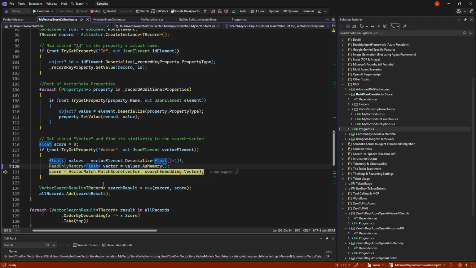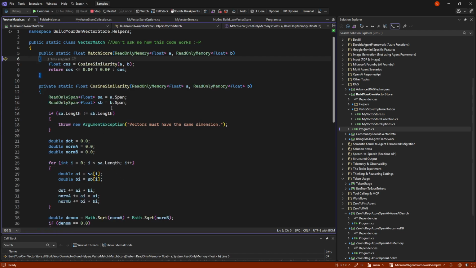And then we need to take that individual vector, actually find out how close is it to the search vector. So we are going to make a score from the vector to the search embeddings vector. And this code is something I just had an AI agent make up.